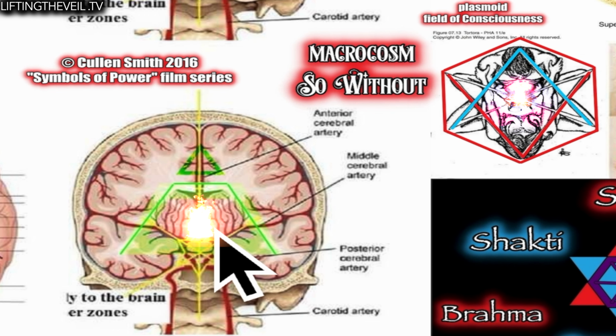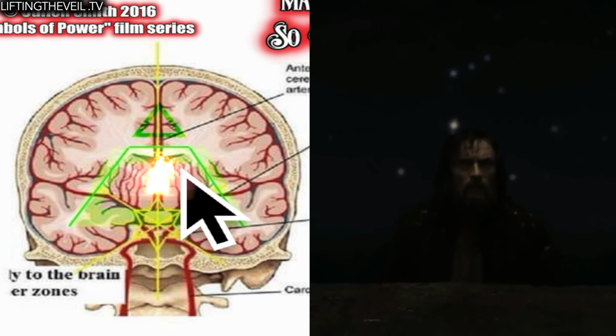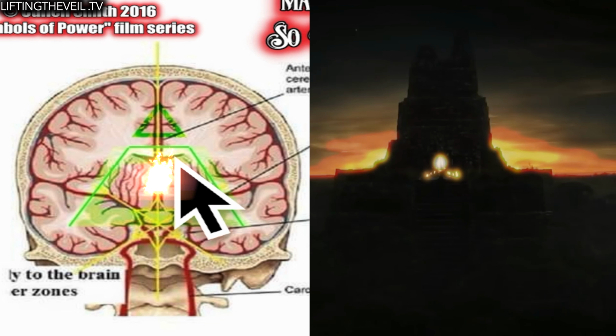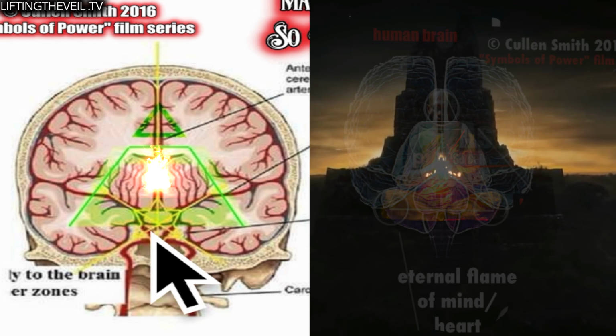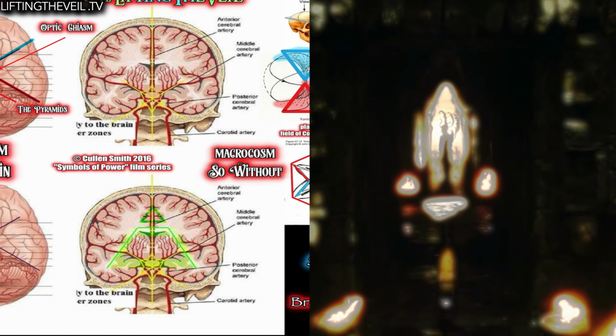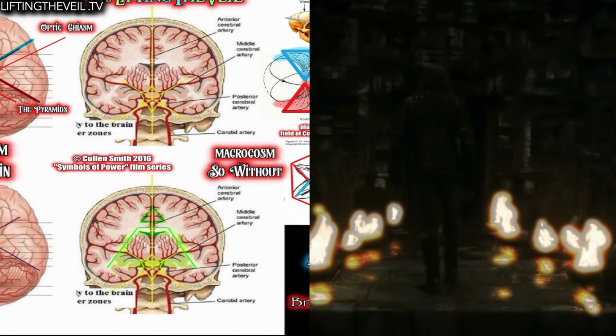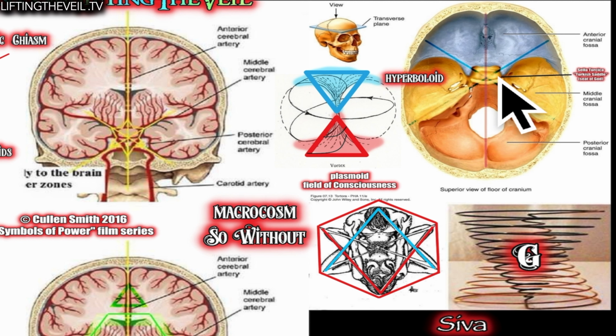Where it sits directly between the diencephalon in the cave, or underneath the fornix in the third ventricle, which is that hollow opening at the top of the mountain, at the apex of the holy pillar of the pyramid. And so again, you are literally sitting on the throne of God, which I will be going much deeper into in future presentations, but it literally sits upon this bone here, which is atop the sphenoid bone, called